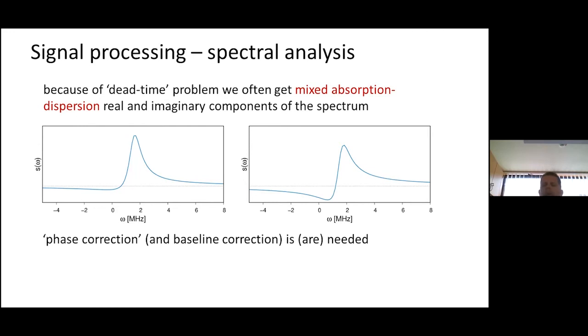And because of this dead time, we don't do Fourier transformation actually from zero time, but with a little bit of delay, and this delay introduces a so-called phase error, and we do need to do phase correction. This will be one thing which we will also meet now when we go